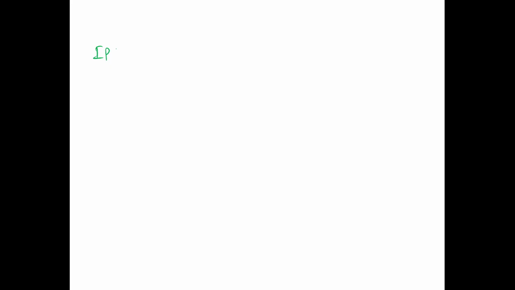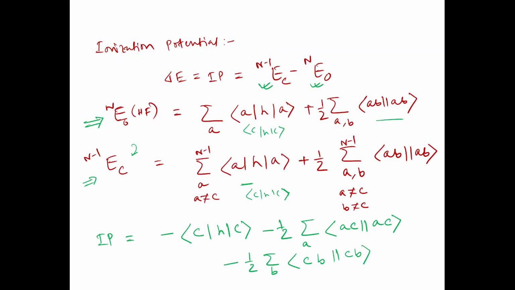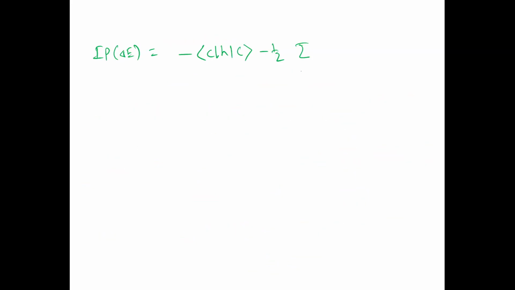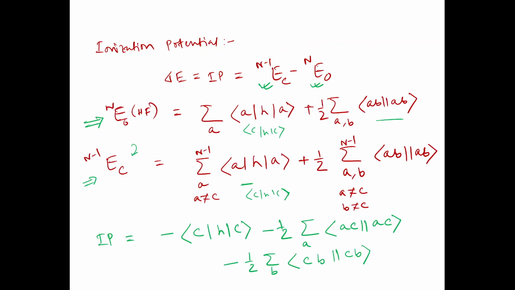IP is actually the delta E difference we have taken, which came out to be CHC minus half summation over AAC, AAC. And now if you look carefully, this summation over A is 1 to N,